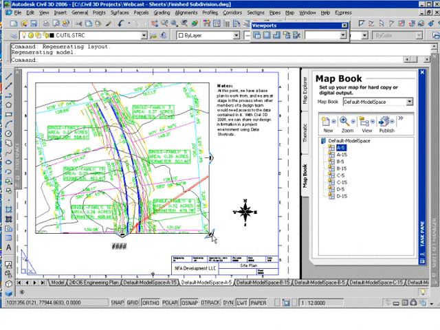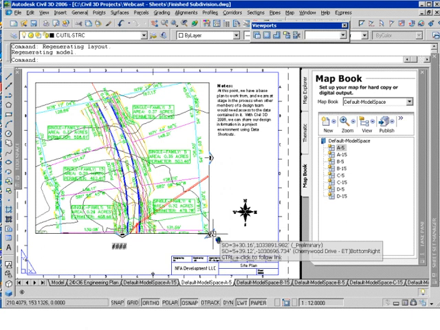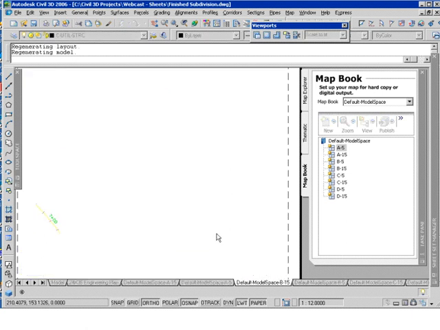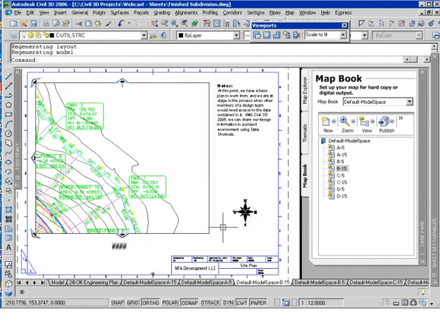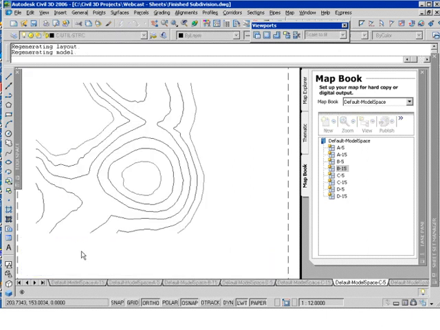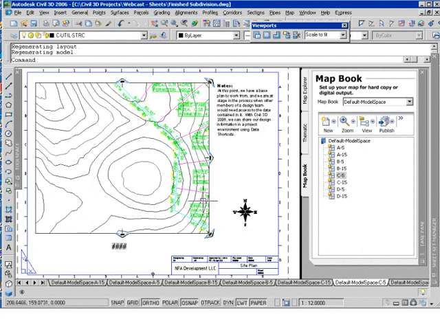But I've also got those same links now where I can take a look at and say, well, let's say I want to see the next sheet, but I want to see the one adjacent to this corner here. I'll just go ahead and select that, and it automatically jumps me to the appropriate layout for that sheet, so on and so forth. So as I go through and take a look at the different sheets jumping around, you'll see that now we're going to C5, and let's maybe come back to the one we were looking at,